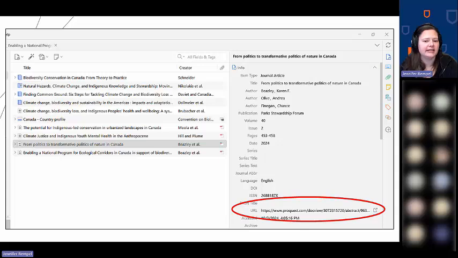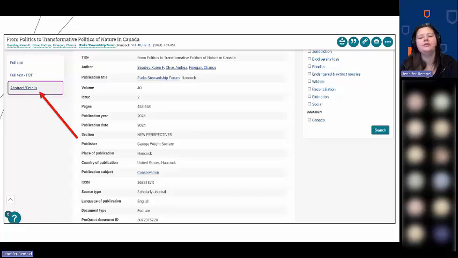I go back into my data in Zotero and sure enough, there's no DOI, but there is a URL. So this URL takes me back to the ProQuest database that I found the article in. So there's no DOI, so I'm going into the record on the right in Zotero, going to the URL, and following that URL, it's taking me back to the library database that I found this article in the